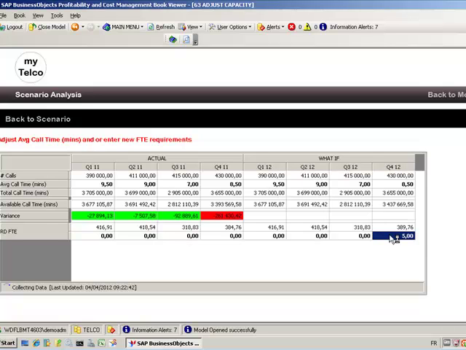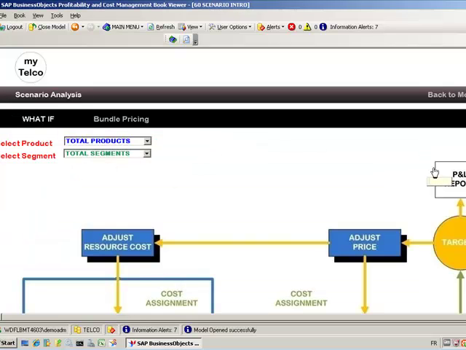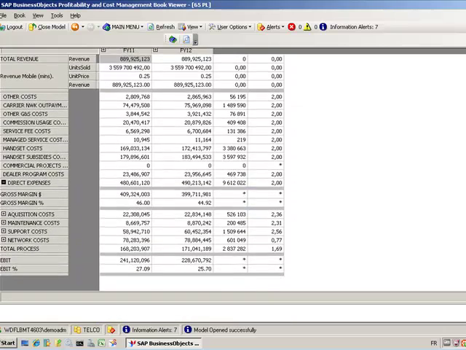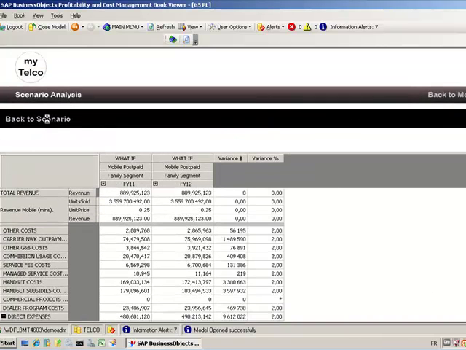Let me do both. First, I plan to hire 5 additional people in Q4, and then this won't be enough based on the projection. So I might also need to decrease the average time per call from 8.5 minutes to 8 minutes, and I might need to set up some additional training here. So I am now in the green, and if I look now at the P&L, my EBIT in percentage is lower than last year. So now I need to play on the revenue side